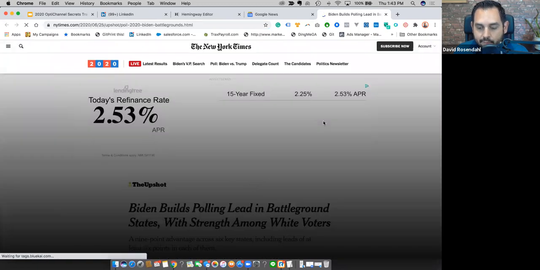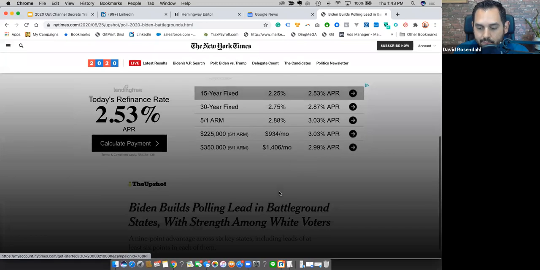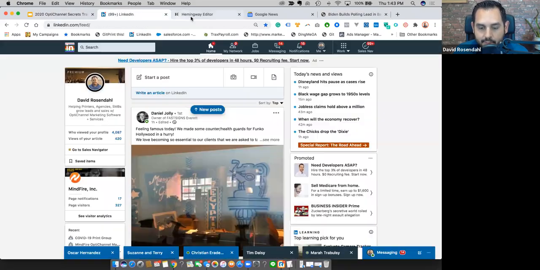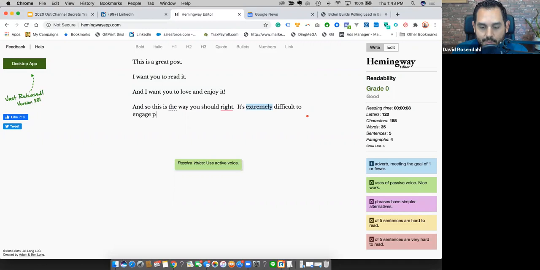Folks, I'm getting hit by an ad here. Don't shoot me for the sites that I go to. I'll just write my own thing here, taking too long to find content. And so this is the way you should write. It's extremely difficult to engage people online, but once you know how, you'll be able to do it.